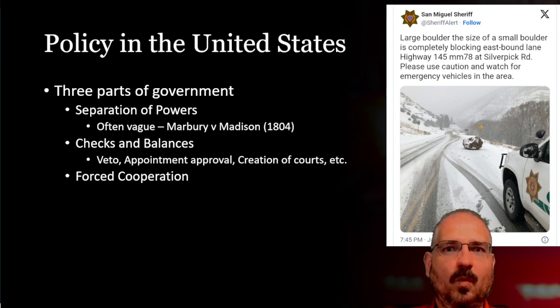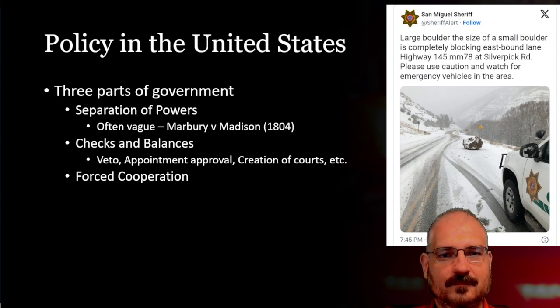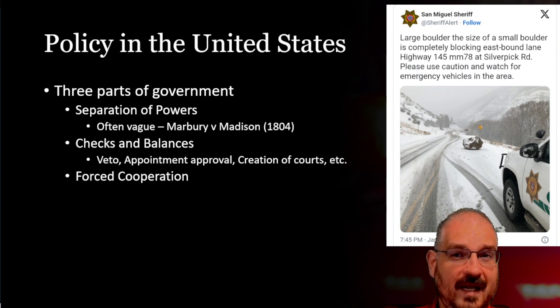Now, when the United States was first formed and the Constitution was first written, the framers created three different branches of government: the legislative, i.e., Congress, the executive, the president, and the courts, or judicial branch, right? And these three different parts of the government had separate areas of responsibility, separate powers, separate areas of expertise. Although often this was a little bit vague.